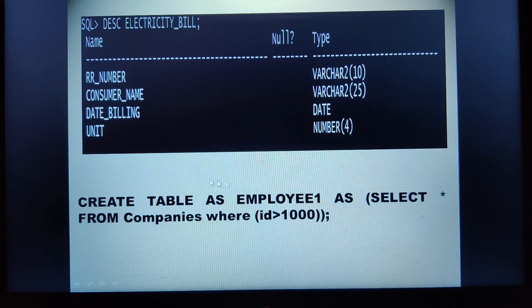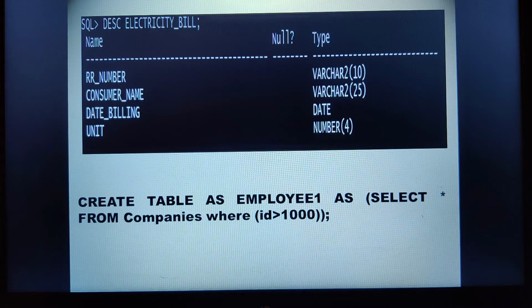What I am doing? I am creating the table employee 1. Then from where am I fetching the data? I am selecting the data from the companies table. Companies is an already existing table wherein data has already been inserted.